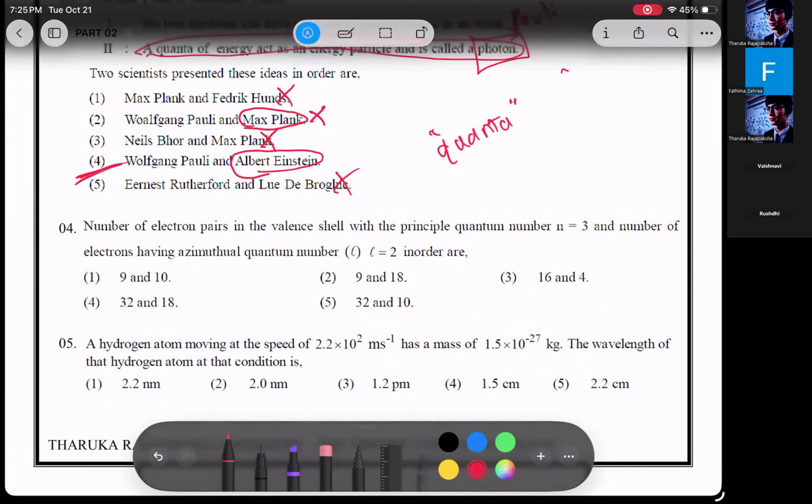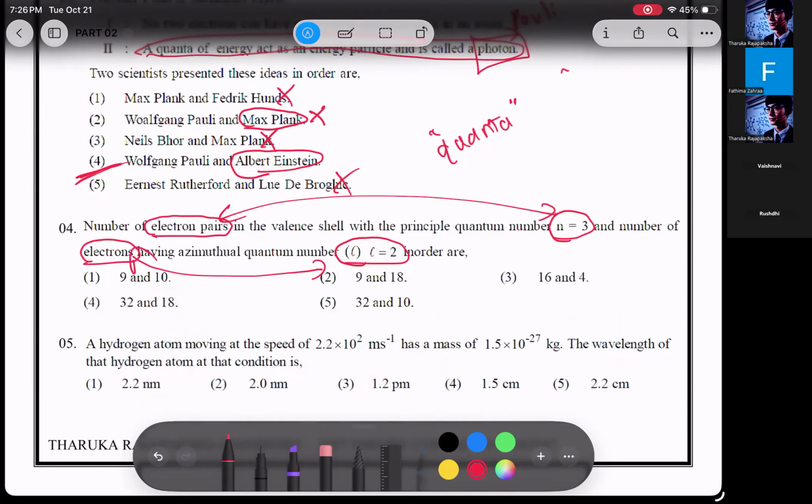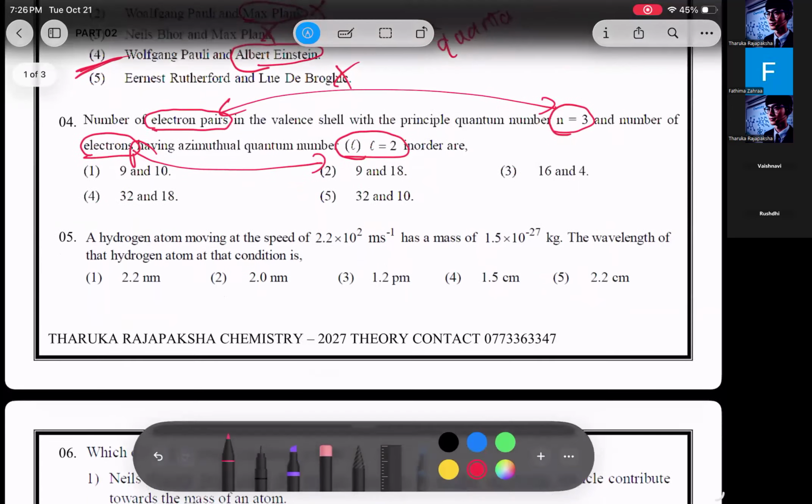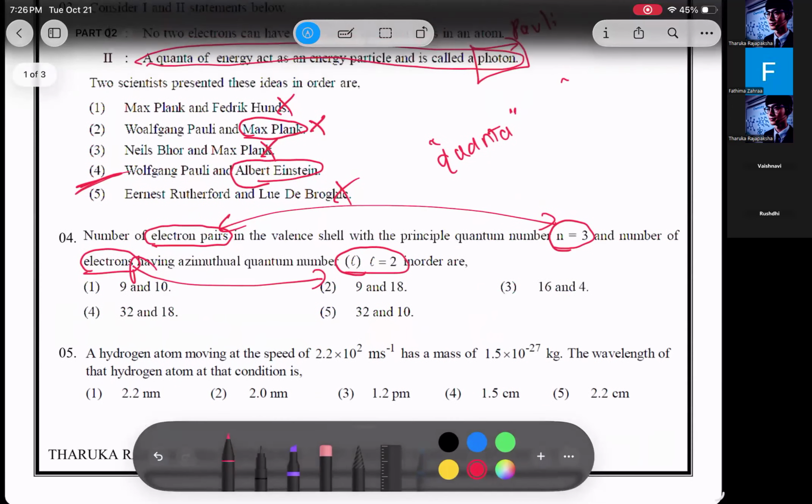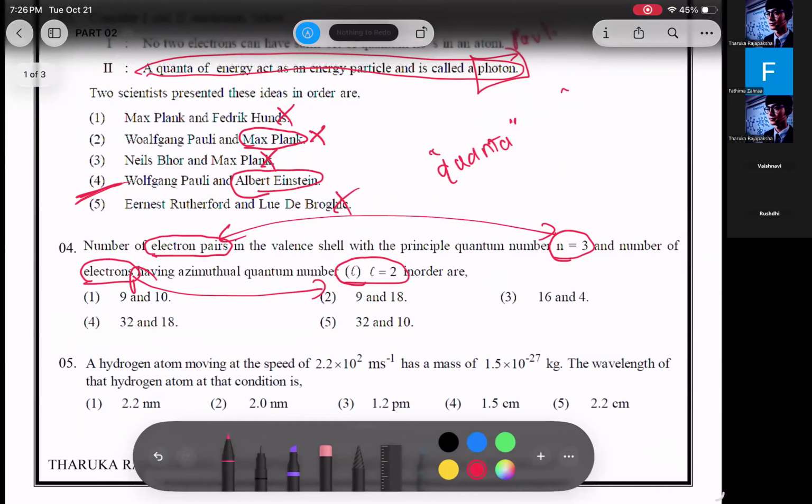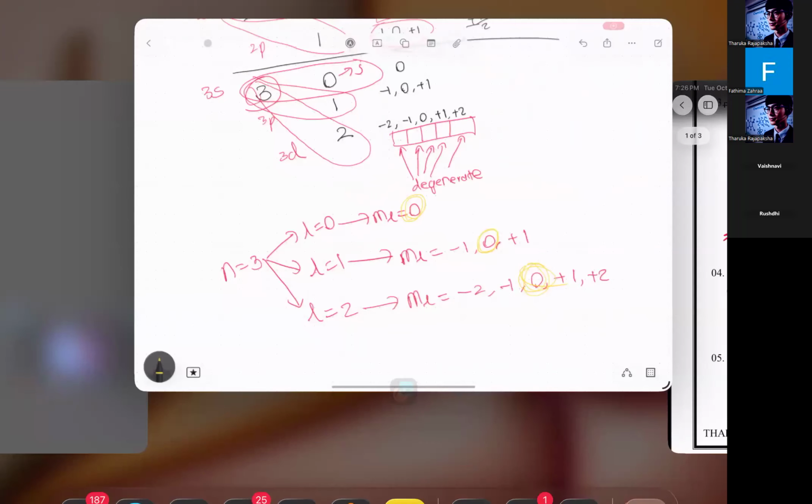Now focus, this is electron pairs, and number of electrons having azimuthal quantum number l equals 2. That's the difference. So we have to calculate